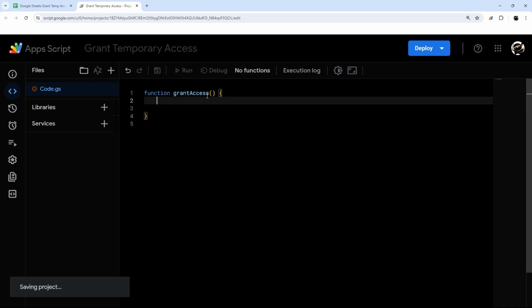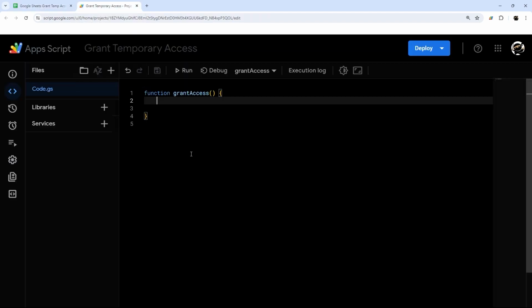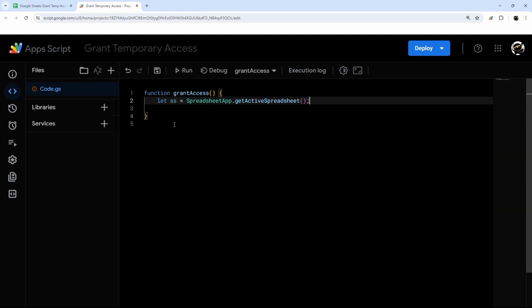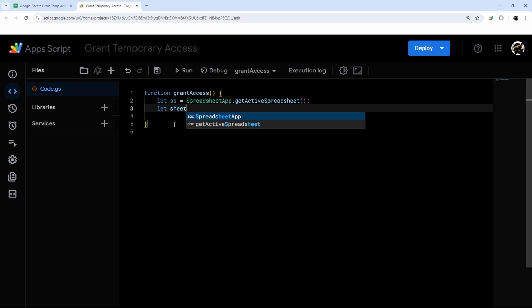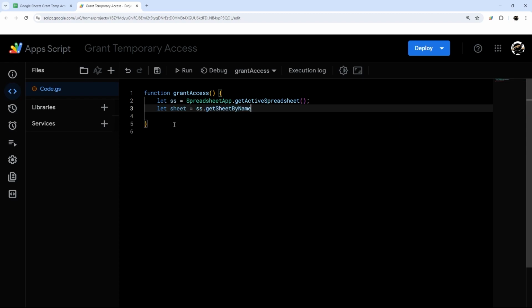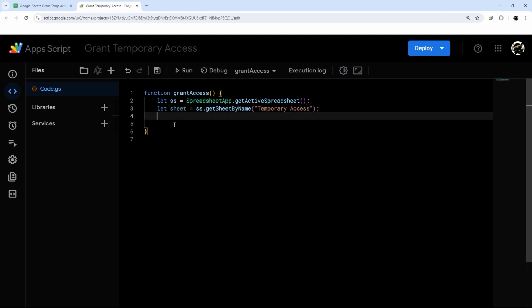And then let's go ahead and get the data, so the emails and the access level from our temporary access tab. So we'll do this by doing let ss equal to SpreadsheetApp and get our active spreadsheet. And then I'll get that tab by using sheet equals to ss.getSheetByName and temporary access like that. And then I can get the data